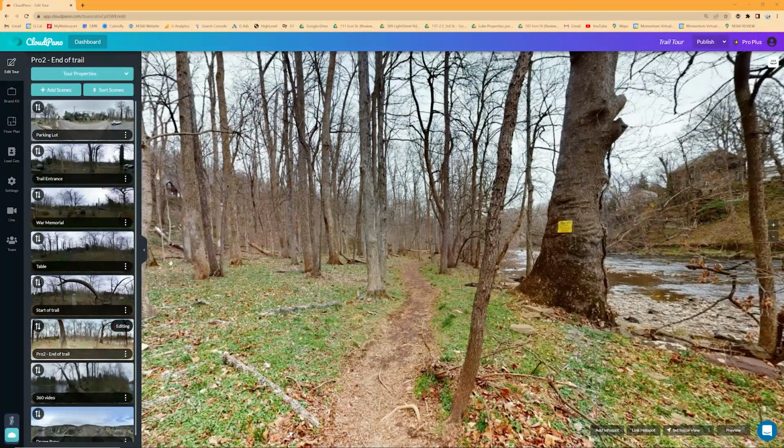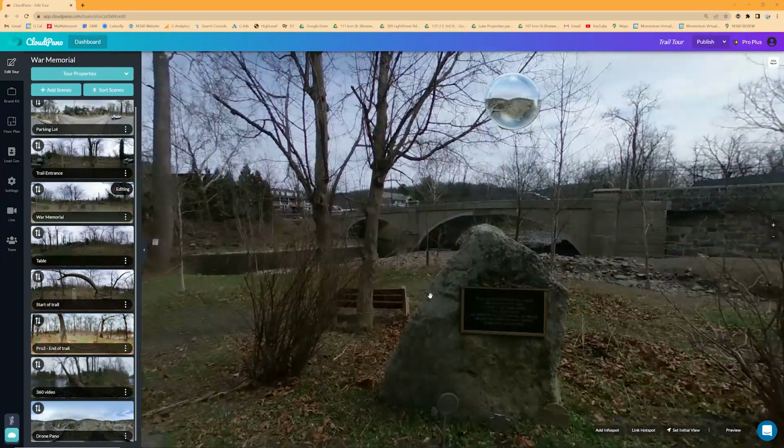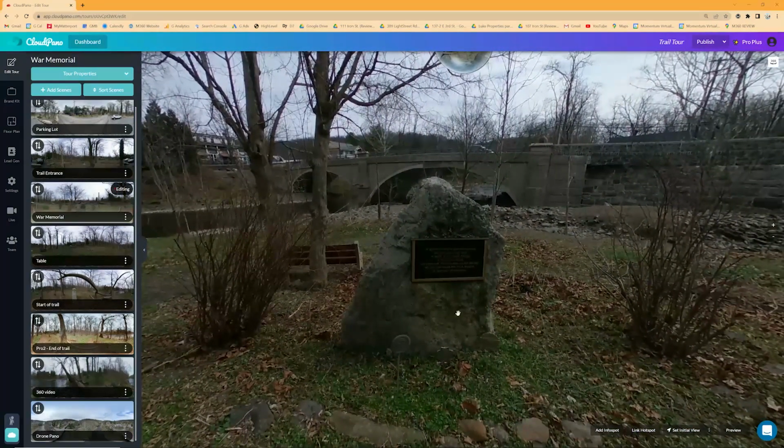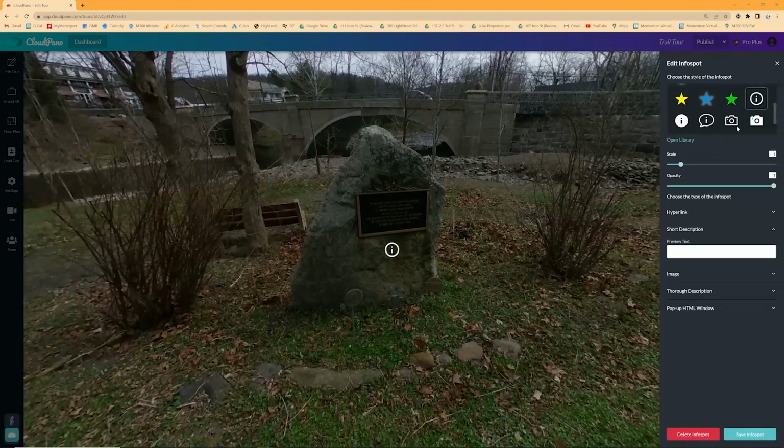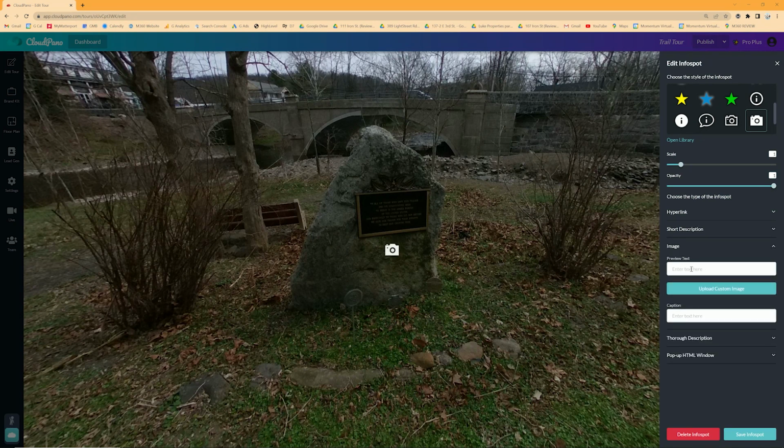Now, we have a couple more assets that we're actually able to add into this tour that we're going to talk about right now. First, the most important asset, I would say, would be still images. So it's kind of hard to see what this sign says. It's really important. It's honoring our veterans, and so it's really important to give this the kind of attention that